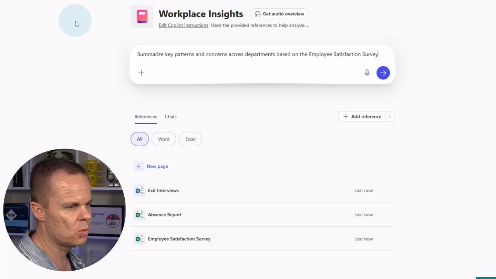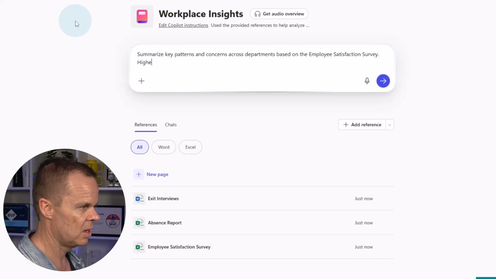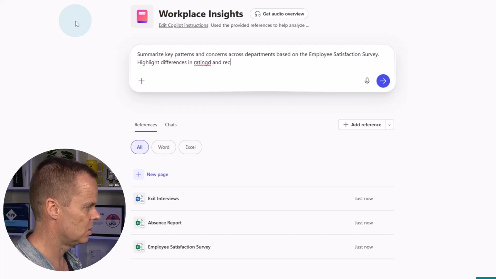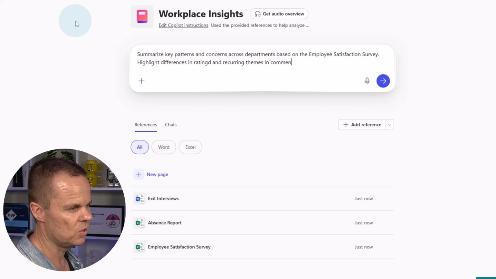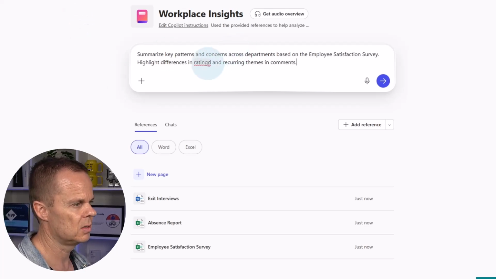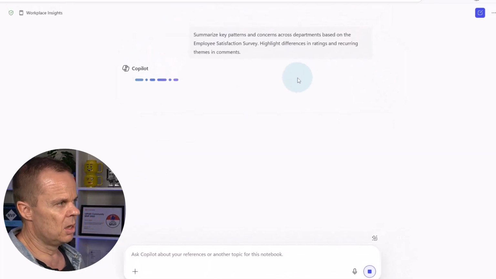So in plain English words, I just say highlight differences in ratings and recurring themes in comments. So here I just work with one of the files, and let me just fix this. Then